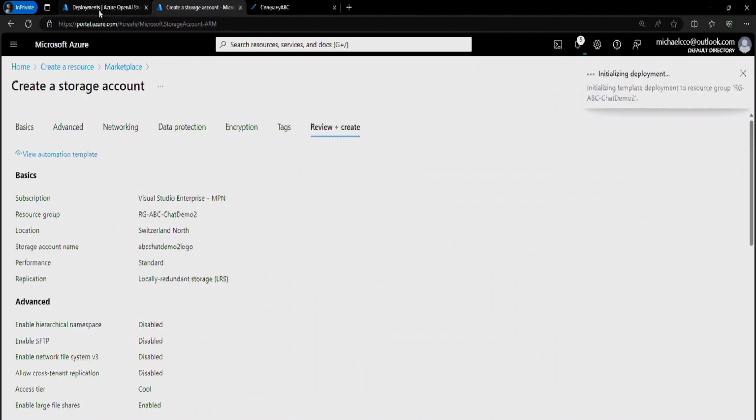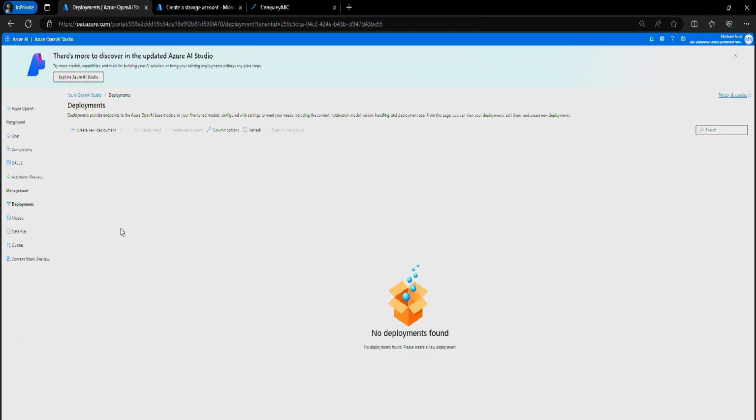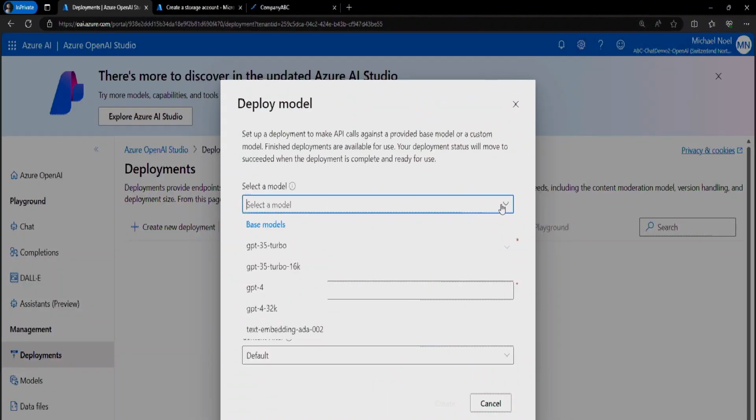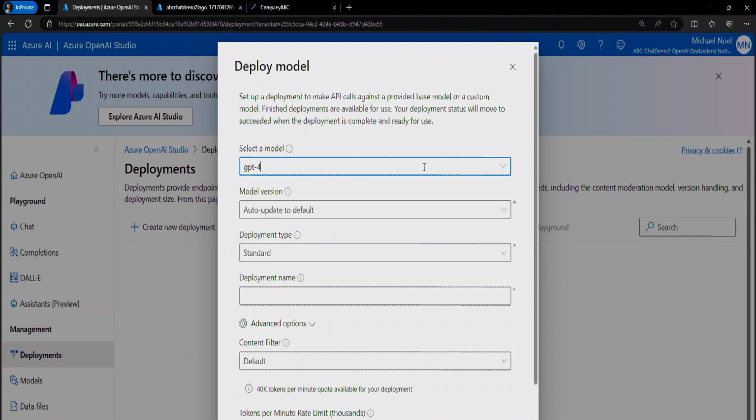Great. All right. While that one's baking in the background, let's actually zoom in here so you can read this. And let's create a new deployment. This is where you will oftentimes get stuck because there won't be availability. You'll click on availability and it'll say, oh, there's no availability that's out there. But hopefully we have the availability. It looks like we do. Usually we don't make it past this point. So Switzerland North right now has availability. If you don't have availability, you need to redeploy in a different zone. There are some games you can play to determine where there's availability, under quotas here. But in this case, since we have this, let's just call this